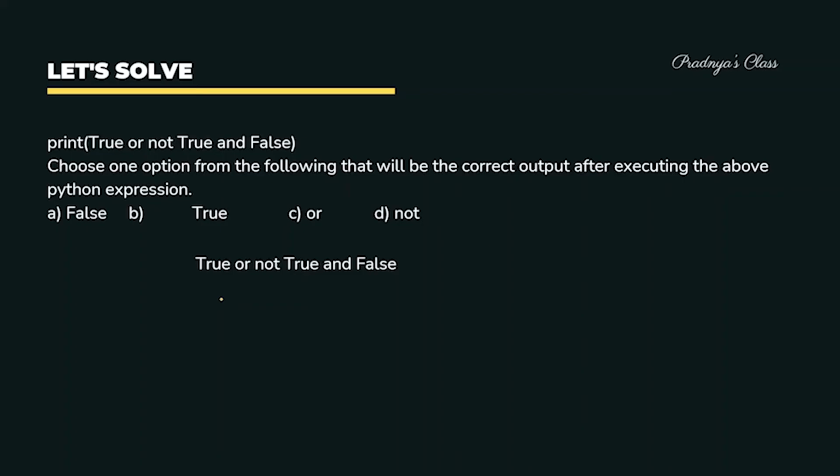नेक्स्ट क्वेश्चन में हमारे पास सिमिलर टाइप ऑफ एक्सप्रेशन है जो कि बेस्ड है अगेन लॉजिकल ऑपरेटर्स। अब तो हमारे ये बाएं हाथ का खेल है। सो चलिए सॉल्व करते हैं। सबसे पहले होगा सॉल्व नॉट ऑपरेटर। सो नॉट ऑफ ट्रू विल बी फॉल्स, और बाकी सारे टर्म्स हम एज इट इज़ लिख लेते हैं, क्योंकि हम इसे 1 by 1 ही सॉल्व करेंगे। इसके बाद सॉल्व होगा एंड ऑपरेटर। तो फॉल्स एंड फॉल्स होता है फॉल्स। सो ट्रू और फॉल्स हमें लास्ट में मिल रहा है, जिसका आंसर हमें मिलेगा ट्रू। तो हमारा एक्सप्रेशन इवेल्युएट हो रहा है और हमें आंसर मिल रहा है ट्रू। तो हमारा करेक्ट ऑप्शन है बी।